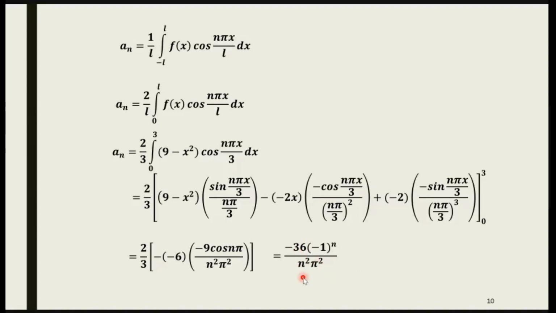Okay? We have to check whether when n is equal to 1 to infinity, is it true for all the values? So it is fine. It is not valid for n equal to 0 only, and n equal to 0 is not there in the series. So an is true for all the values of n. Now substituting everything in fx,